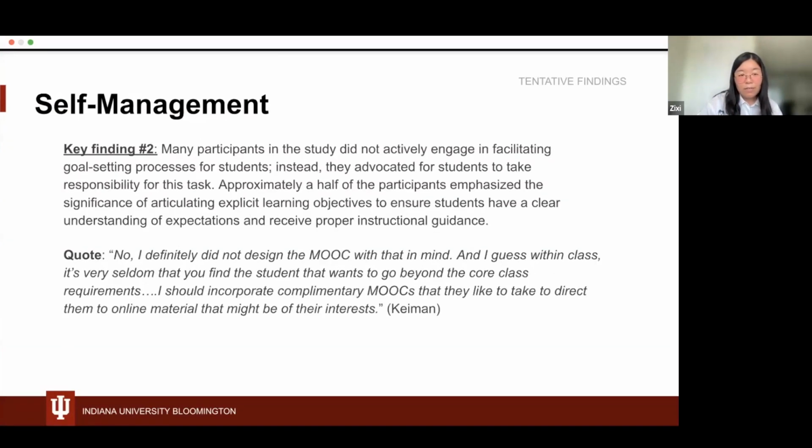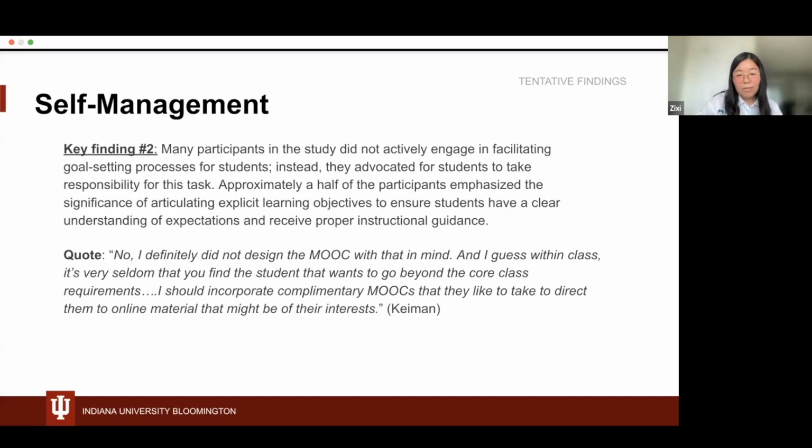And the second key finding is that many participants in this study did not actively engage in facilitating the goal-setting process for students. Instead, those instructors advocate that students should take responsibility for this task.